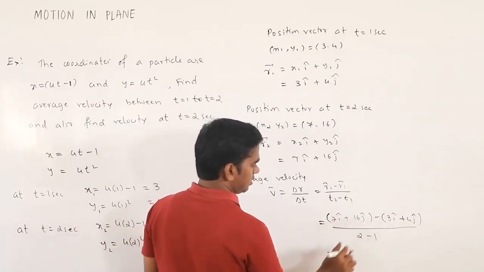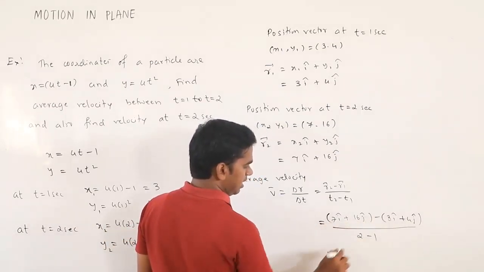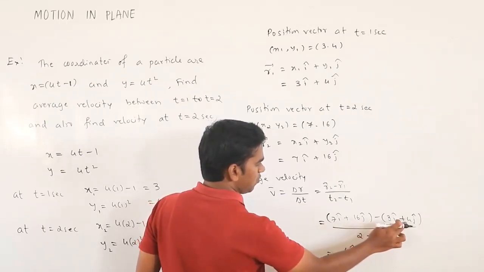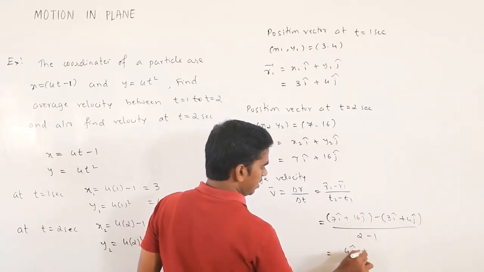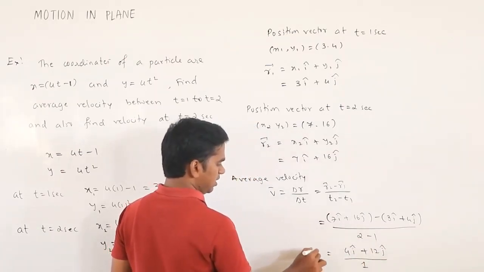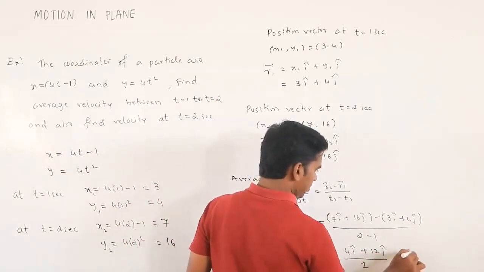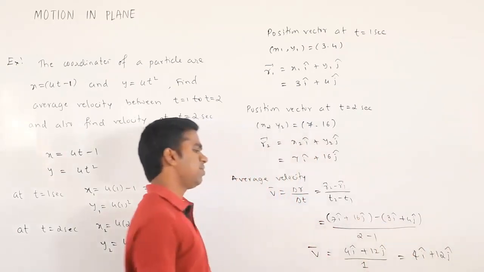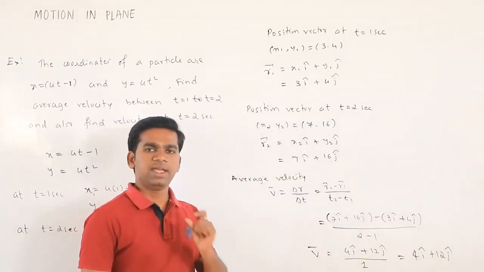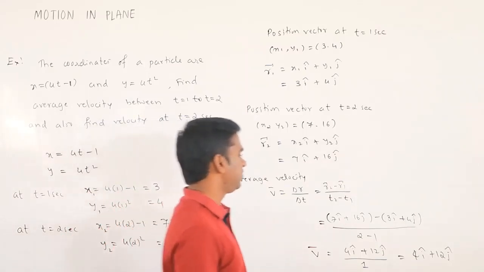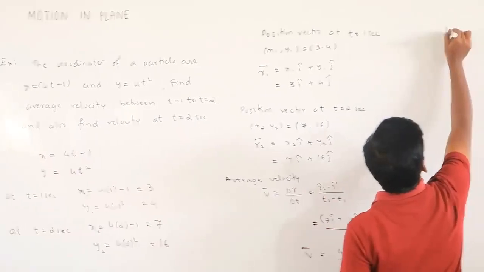So 7 i cap minus 3 i cap will become what? 4 i cap. 16 j cap minus 4 j cap, okay, so this will become plus 12 j cap, divided by 2 minus 1, which is 1. So average velocity is 4 i cap plus 12 j cap. Now if they are asking for instantaneous velocity,